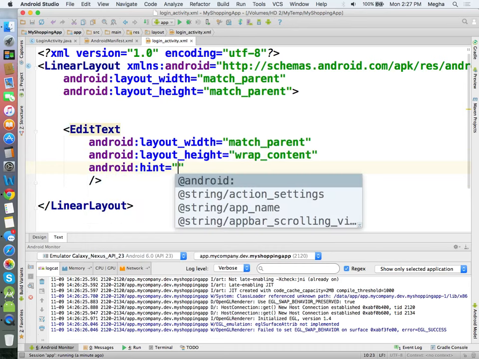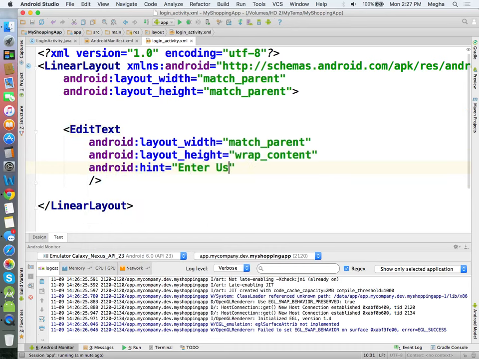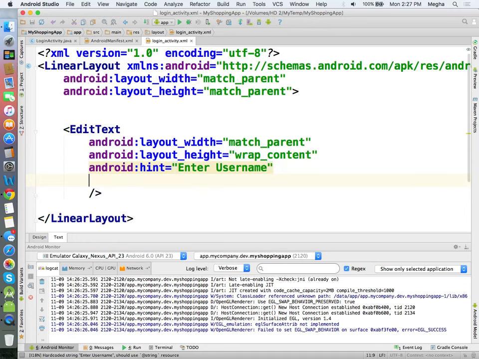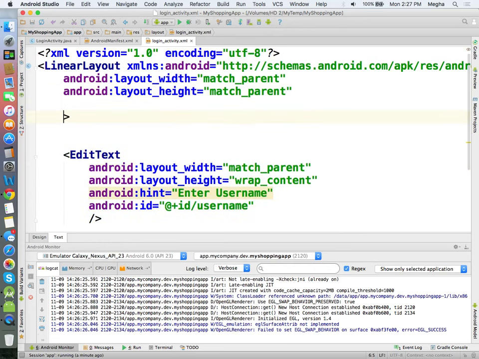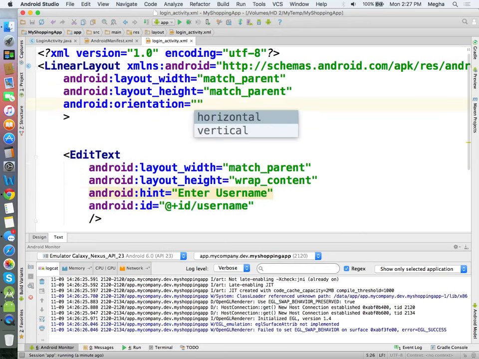Add a hint. Moreover, it is very important to add an orientation. Default orientation is usually horizontal, so better add the orientation.